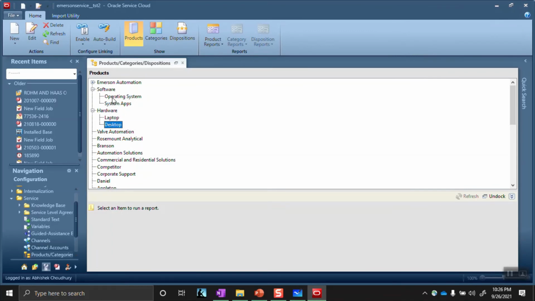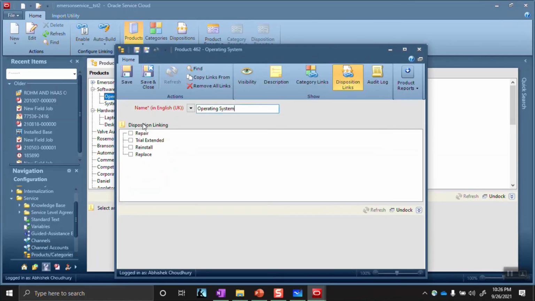Now comes the software portion. So operating system, disposition link, we can trial extend, so trial extended or reinstall. Save and close.